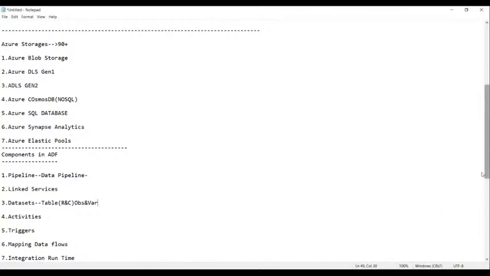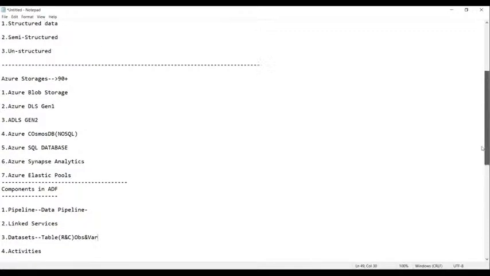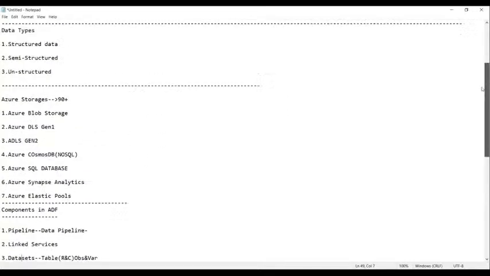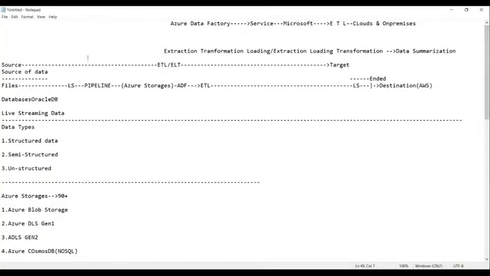Yes, guys. So that's it. Now we have the three: pipeline, linked service, and data sets. Now, guys, I'll just show it to you here in the diagram. We get the data. First of all, we start the process. We initiate the pipeline. Under the pipeline, you will have the linked service. To create the relationship between the external source and the pipeline, we use what? Linked service. And once the pipeline is linked, it starts the process of extraction.